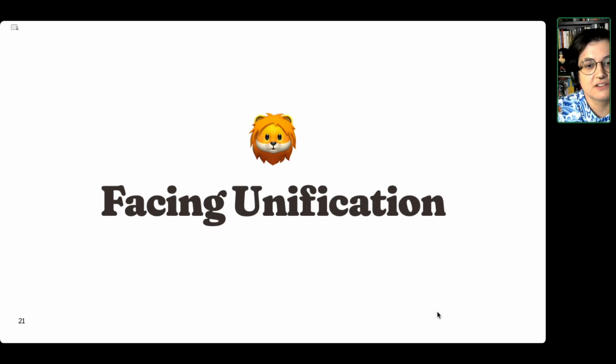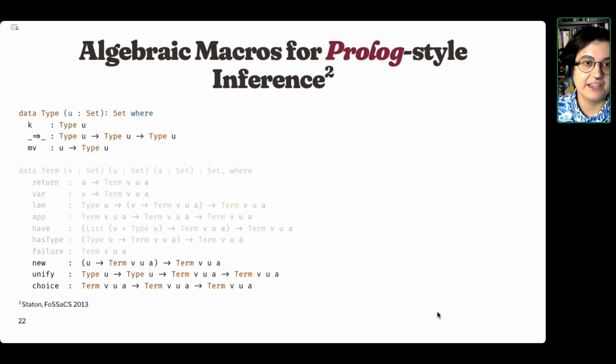Now let us go one step up and implement this in a type theory that has unification. Here we do it by implementing macros for Prolog-style inference. And here we introduce meta variables. We are able to introduce those new meta variables to the context with the new operation, and we have the unify operation that unifies two types, and choice,